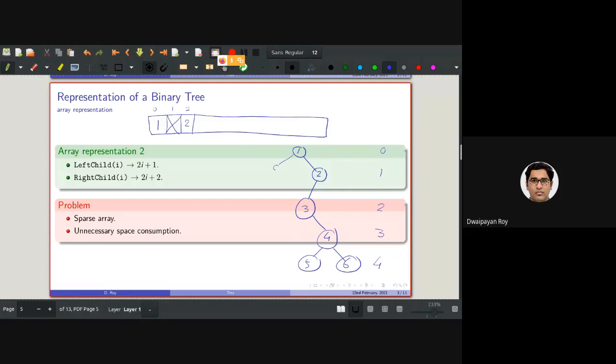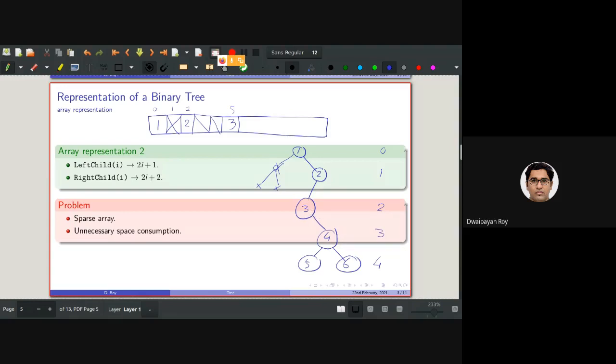Then, as you can understand, this is empty, this is empty, this is empty. So 0, 1, 2, 3, 4, then this is 5. So basically 3 will be stored in the 5th position.